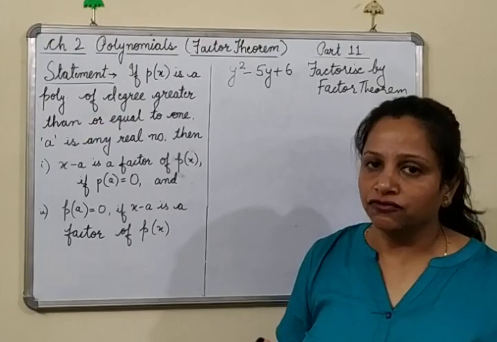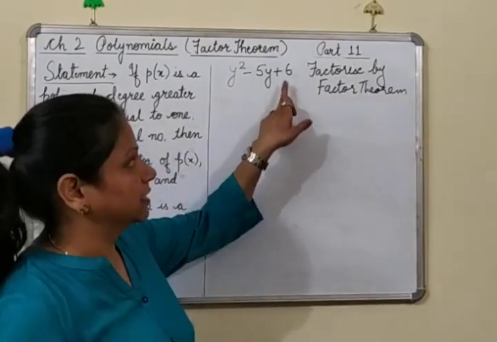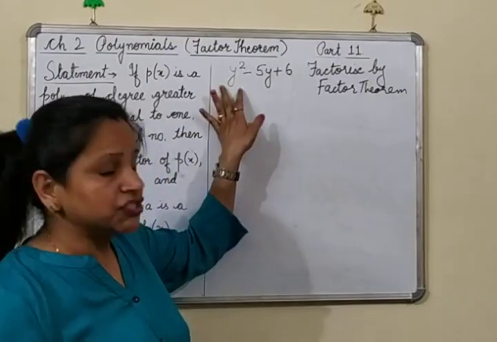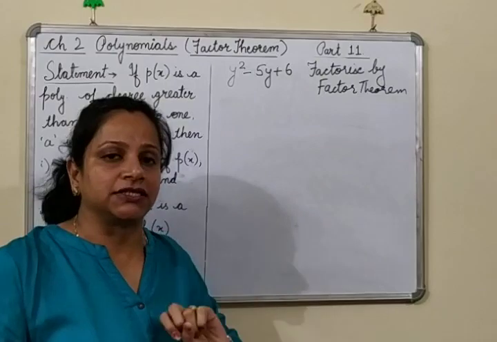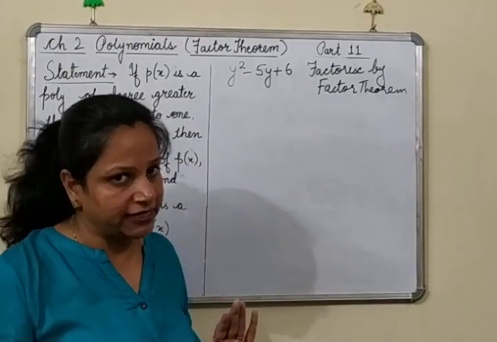Now, how to find the factors? First of all, we have to see the constant term over here and the leading term over here. The first term of the polynomial and the constant term, both we have to see. Does it remind you of something? We have done the same type in class 8 also.